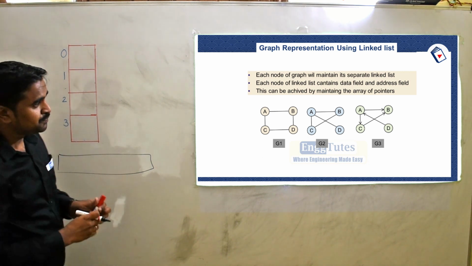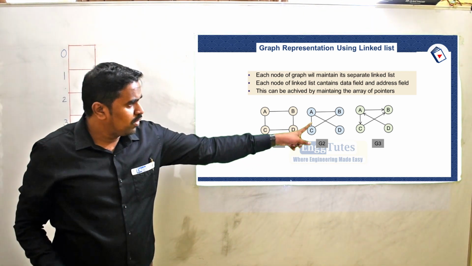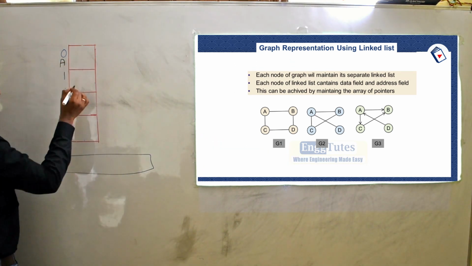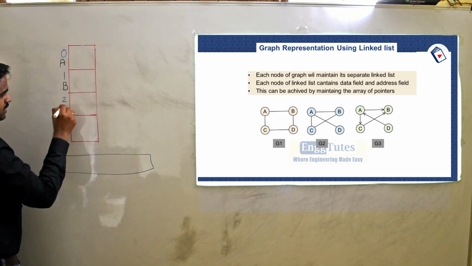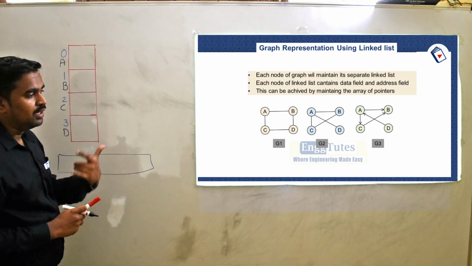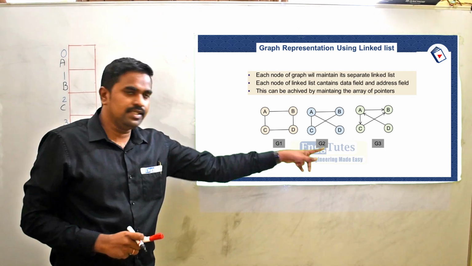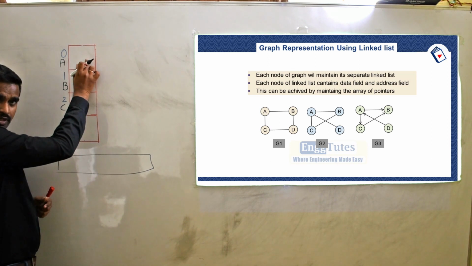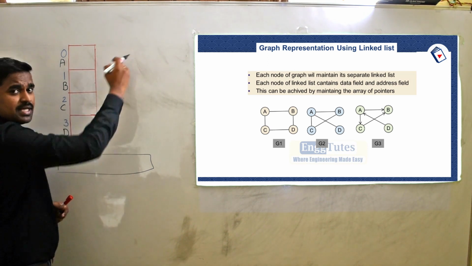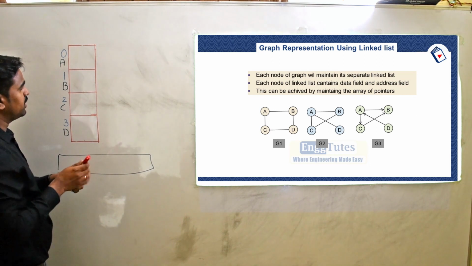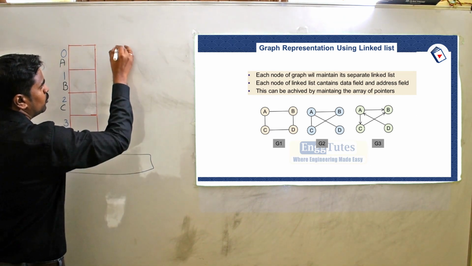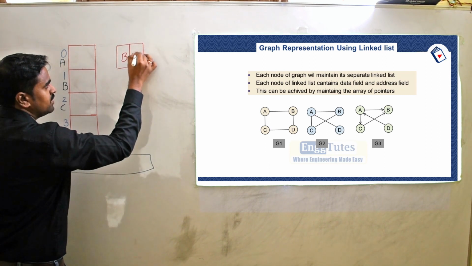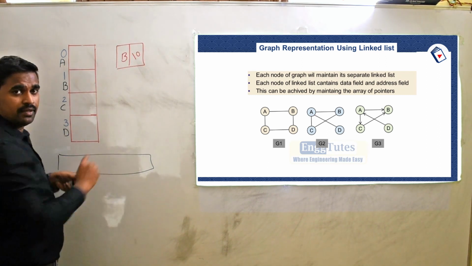ठीक है. Let's say then for this particular graph, so this is my array for vertex A, this is B, this is C and this is D. And A is connected to B, C and D. So B को मुझे this particular pointer I need to connect with B. That means I need to make a node for that. So let's make a node. So this is the node. Its data field contains value B and address field is null. And this is connected by A.